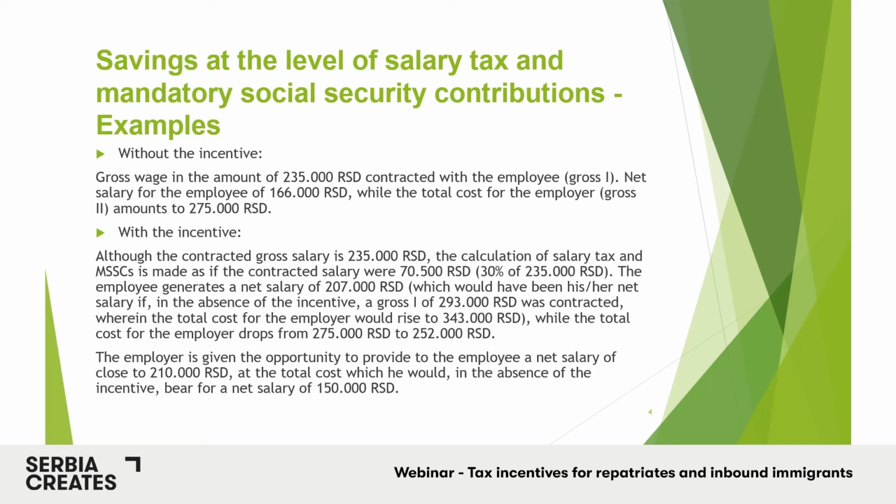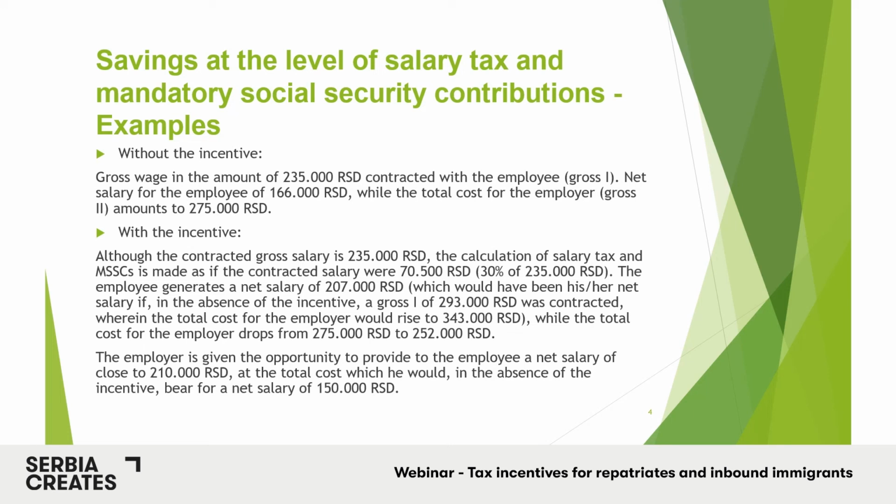Now, if you contract this salary of 235,000 dinars per month gross, the net salary of the employee will be 166,000 dinars, while your total cost will amount to 275,000 dinars